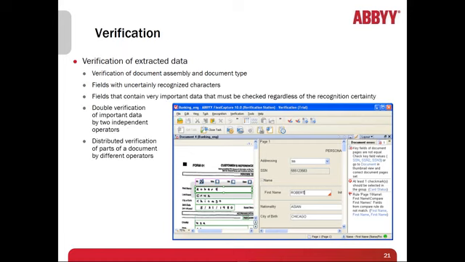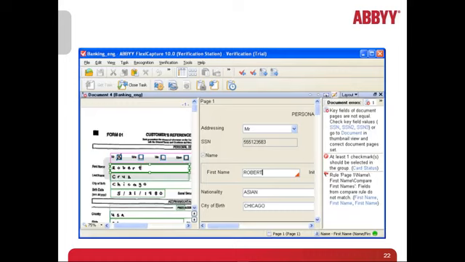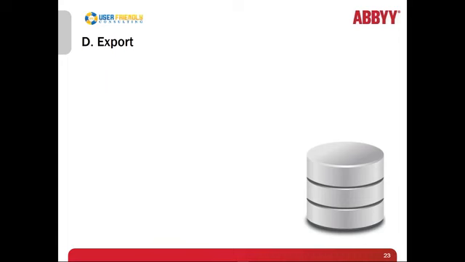And we can have multiple operators assigned. So if the data is super critical, we can have more than one operator verify the data. We can have this done across your company through the intranet or even overseas, however you would like to purpose your personnel. You can do database lookups for each of these different values. That's a zoomed in view of that where I mentioned we extracted the first name, Robert.